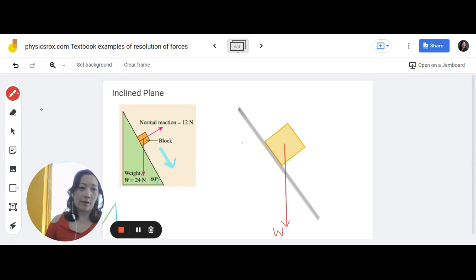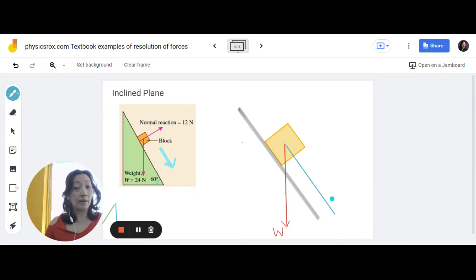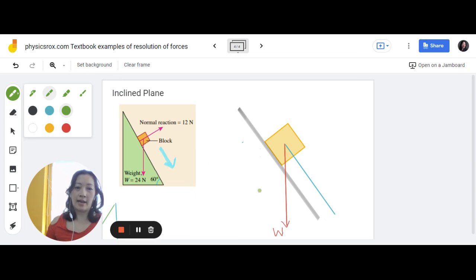So I'll just use a different color for clarity, okay? From this point, we draw a line that is parallel to the inclined plane surface because this is the force that will be pulling it down in this direction. Because acceleration is going down this way, the force must be in this direction. Now, if you don't know where to stop, never mind. You can draw a bit longer first and we can erase. The second line has to be perpendicular to this line because we're going to make a right angle triangle. So you get a perpendicular line like this. Then you can